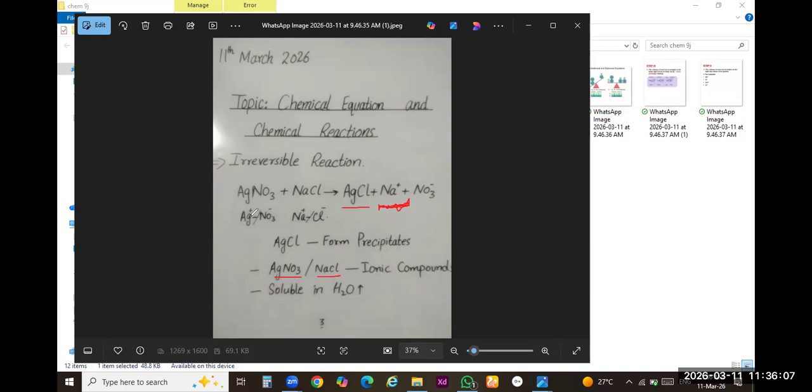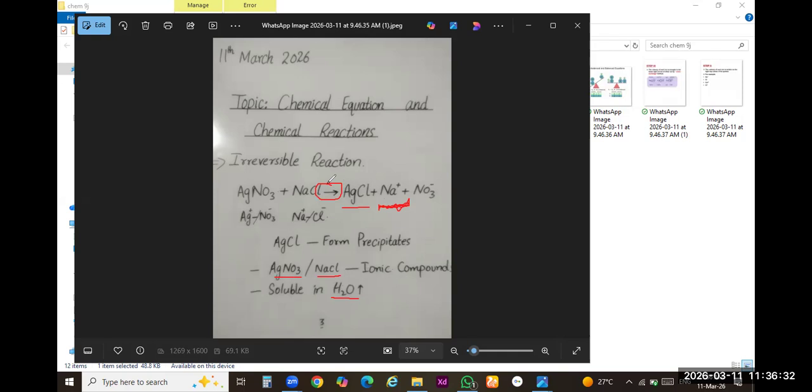So keep it in your mind, AgNO3 and sodium chloride both were ionic compounds because there is a proper division of positive and negative charges. Both are ionic compounds. That's why they are easily soluble in water. Because of this, they can easily break down old bonds and new bonds will arise as a result of the chemical reaction. And again, keep it in your mind, this chemical equation is irreversible.